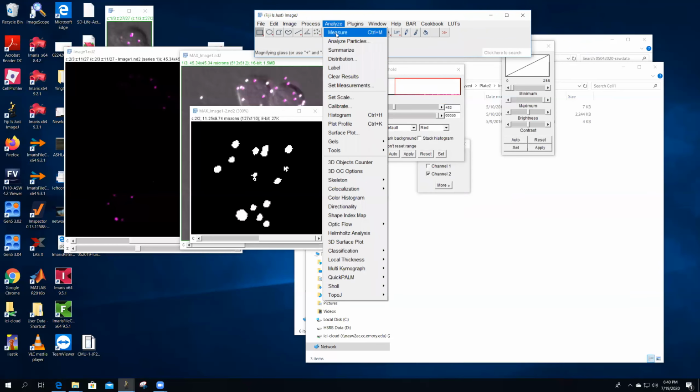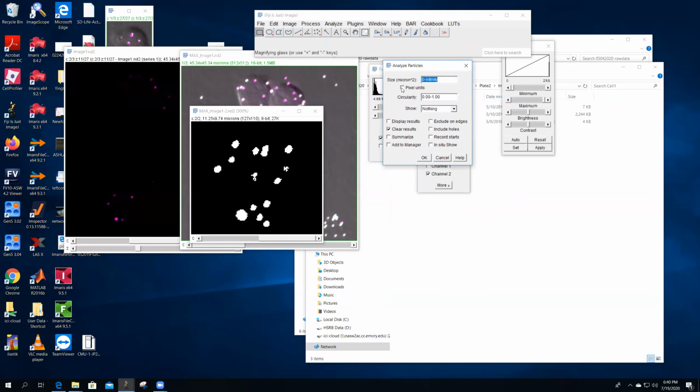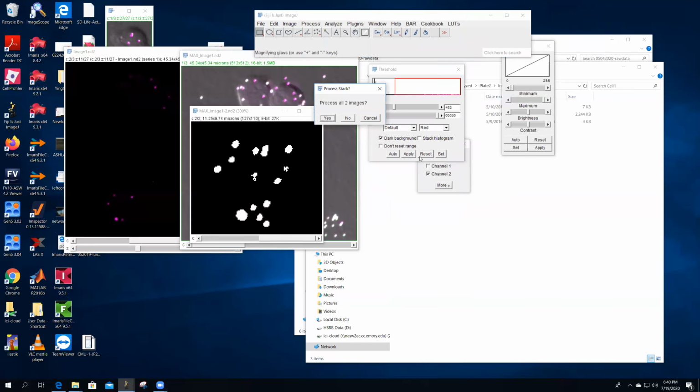Then you can go to analyze particles, and you can select the size of the particle you want to measure, and so on. So let's say I'm doing 0 pixels, let's just do pixel units and not size. So now we can say how many pixels I want in particles. It goes from 0 to infinity, and these are different things you can play with. So if I do OK, say no, it should give me,